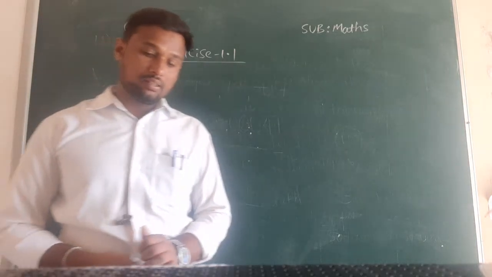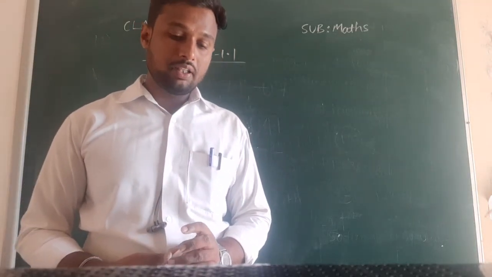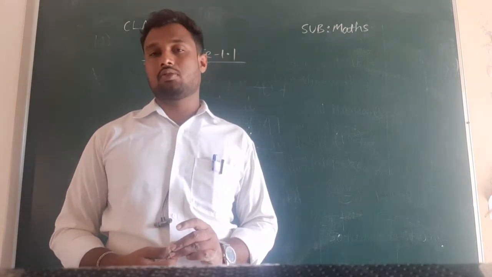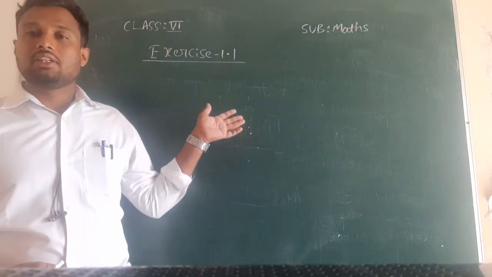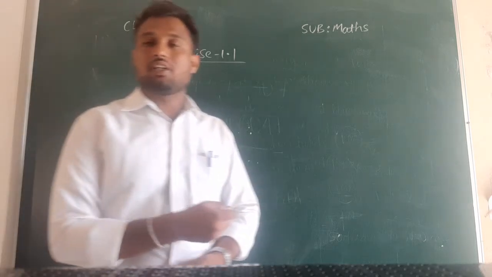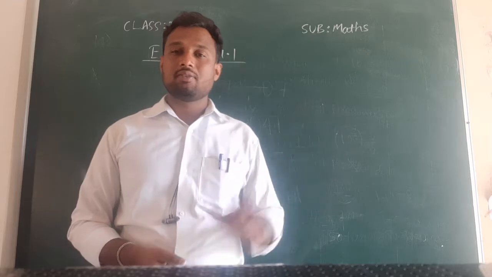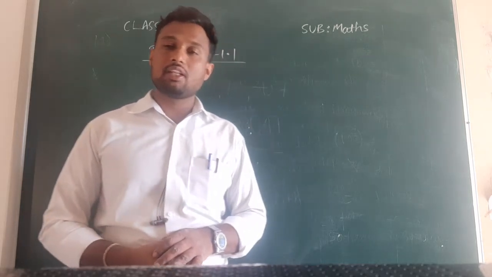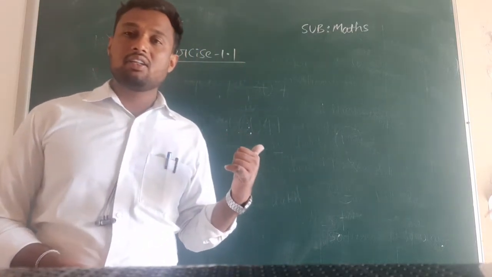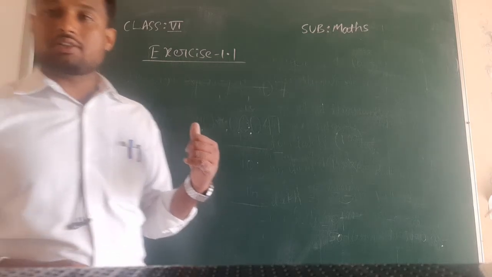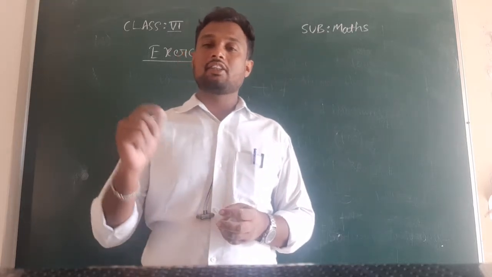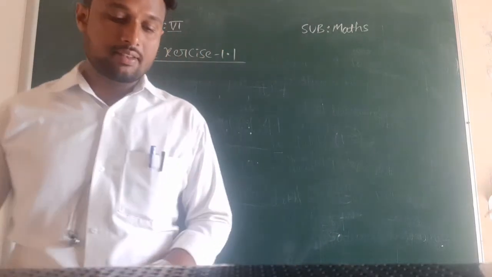So here they have given: insert commas suitably and write the names according to the Indian system of numeration. It is just the reverse process of the second question. In the second question we just solved, they gave numbers in words, and we wrote the numbers and inserted commas according to the Indian system of numeration. But now they have already given the number, but they have not given commas. So according to the Indian system of numeration, we have to put commas and then write the numbers in words. Okay. So let us see the third main question.